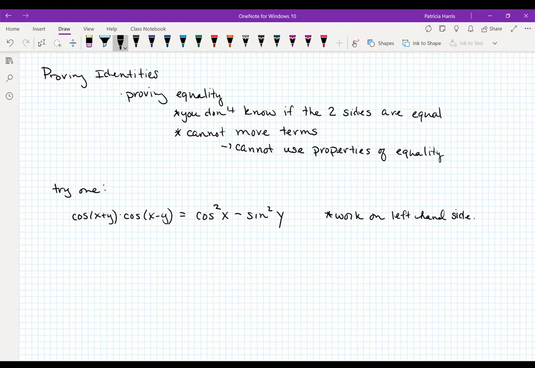And what you will notice is that I'm still using the rules of algebra. I'm distributing, I'm multiplying, I'm combining like terms, things like that. I'm also bringing in the identities that I have up at the top. I'm not breaking any rules, nor am I making some stuff up. I'm following all the rules of math. It's going to look messy, it's going to look complicated, but I am not breaking any rules. So the first thing I'm going to do is rewrite these two in terms of their identities. Okay. So cosine of x plus y is equal to,